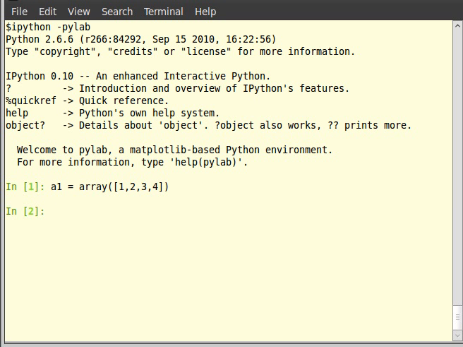Let us see how to create arrays. For that, run your IPython interpreter with --pylab option to load the required modules to work with arrays. So type IPython --pylab.